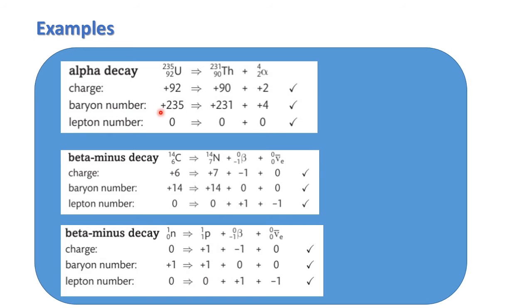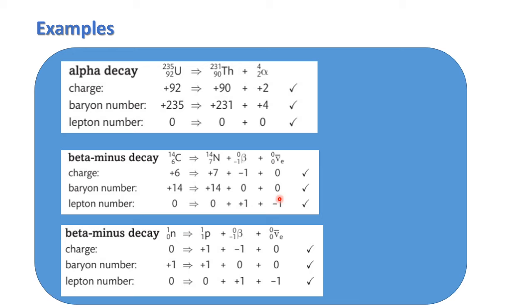So here you can say the baryon number directly. The neutron also consists of 3 quarks, so its baryon number is also +1. So we can consider the mass number as the baryon number. Here also the same, here also the same. When we consider the baryon number, the left and right totals are the same, so it is conserved. There are no leptons in this, so the lepton number on the left and right is 0, so that is also conserved. Beta minus decay you can also go through in that manner, to see how the baryon number and lepton number are conserved.